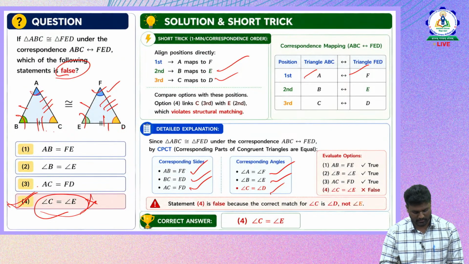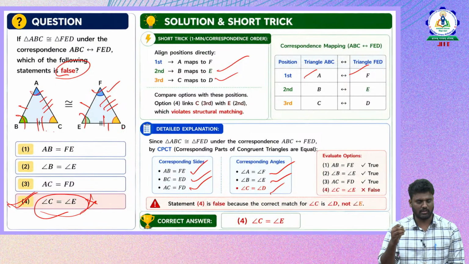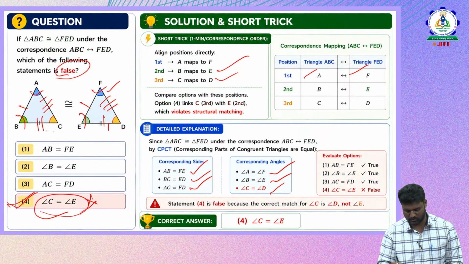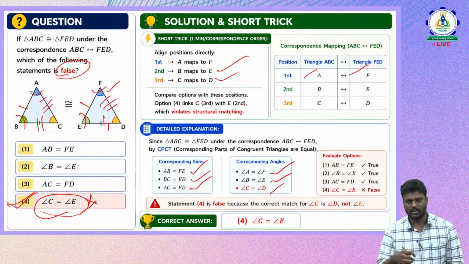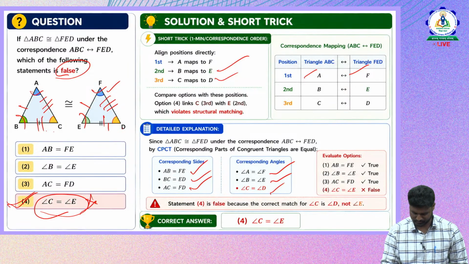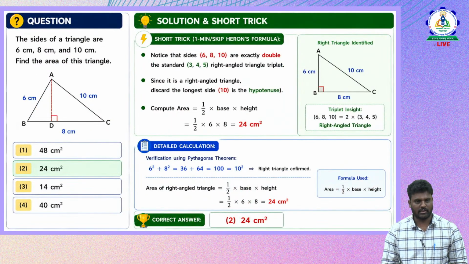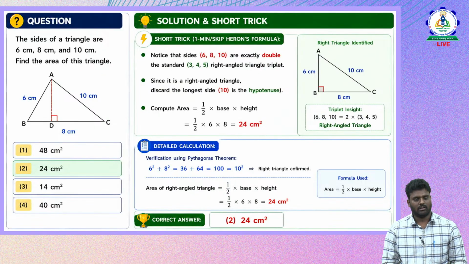So for this kind of question, remember the congruence of triangles concept and try to map it. Check whether the corresponding sides and corresponding angles in the given two triangles are equal or not. Based on that concept, by seeing the options itself, we can answer this question. Now the next question is like this: the sides of the triangle are